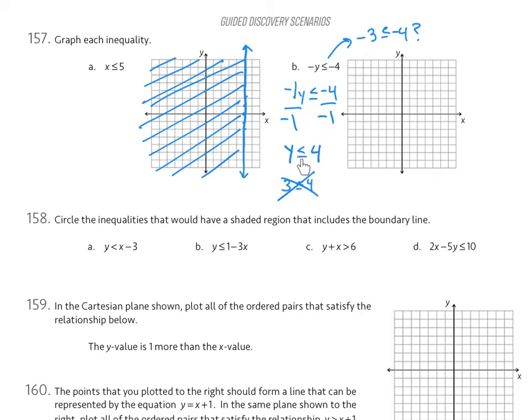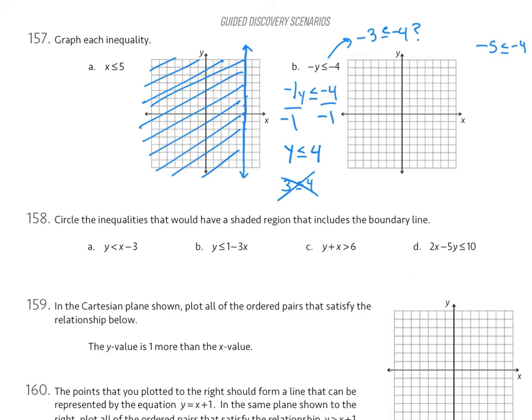Let's try something that's greater than 4, like 5. 5 is greater than or equal to 4. Negative 5 is less than or equal to negative 4. Well, that's true. So it seems like in this inequality, we need y values that are greater than or equal